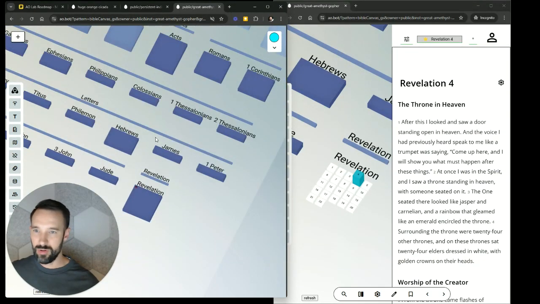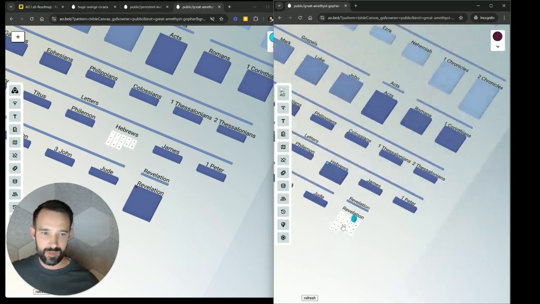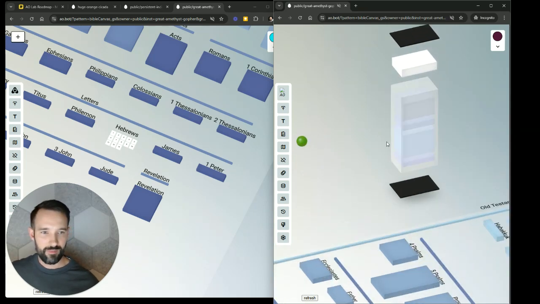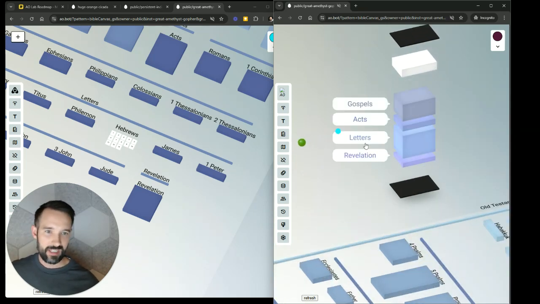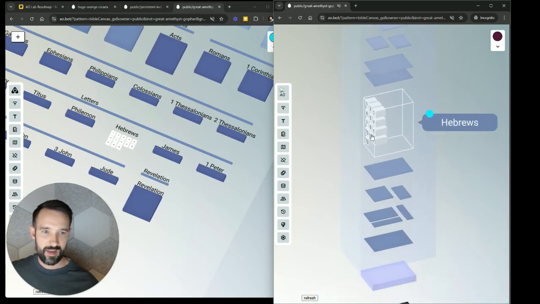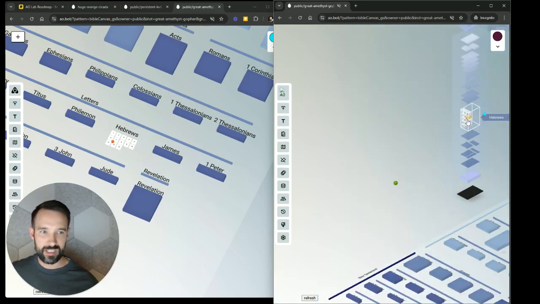And as the blue user, I'll hop into Hebrews. And then over here, I can see the blue user is in Hebrews. And likewise, I can see someone's hanging out in the New Testament, and in the letters section. And specifically, I can see that someone is hanging out in Hebrews. The blue user is. And then we'll get it down to the chapter level where I can see what chapter